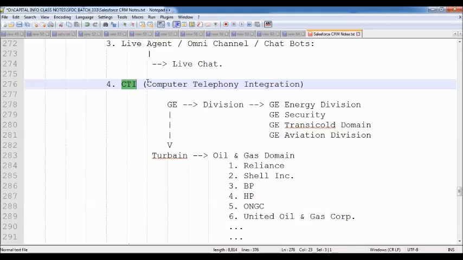Now you can raise a question, sir. We are all customers of that organization, so they have our data in their database. Of course, right, correct, I agree with that. But where is the data? The data is inside the database. I made a call to the customer care through my phone, so they have to receive the call, and based on my mobile number, they have to search in the database, right?